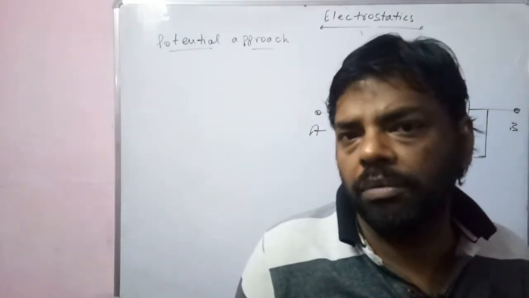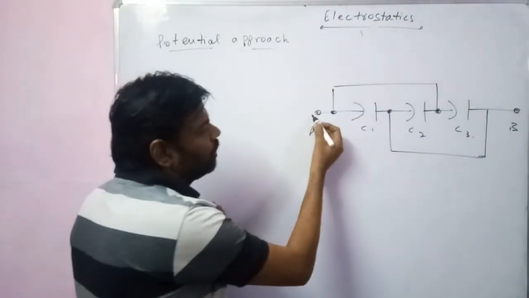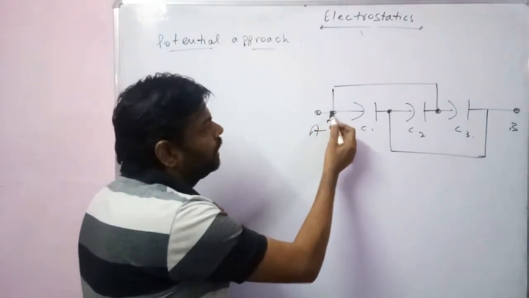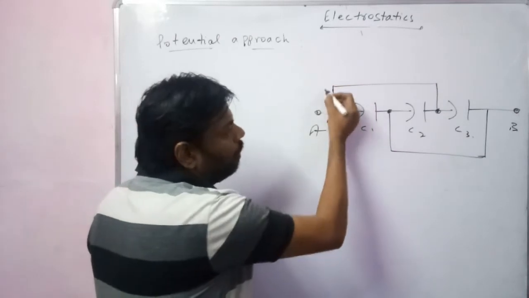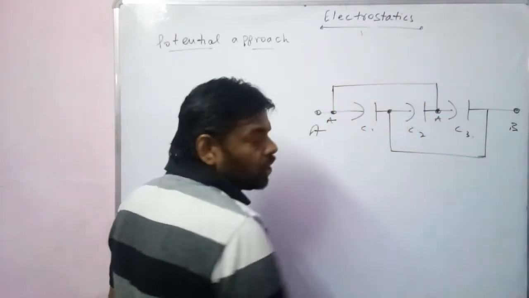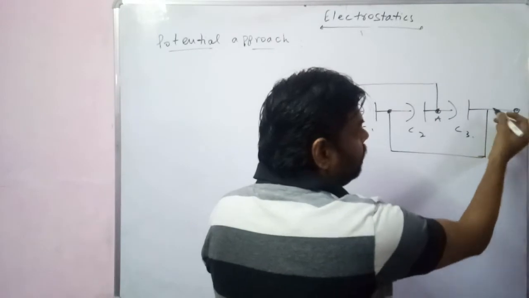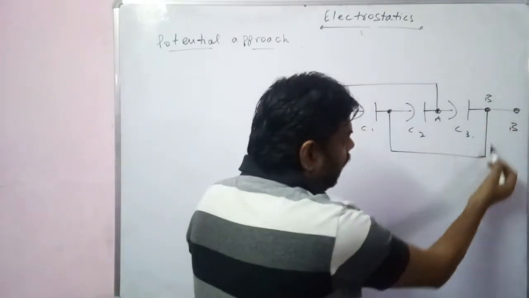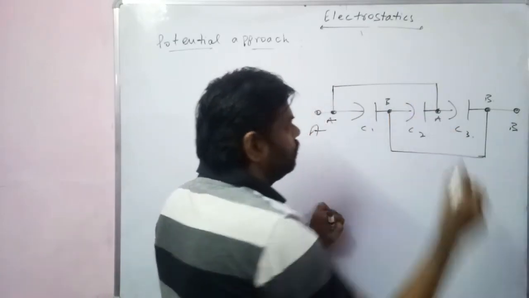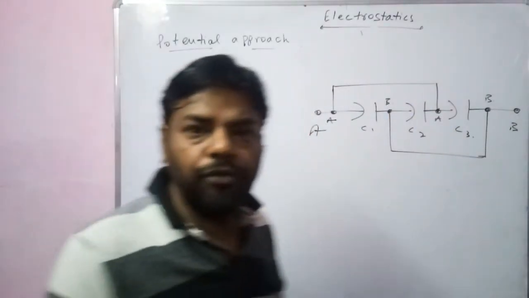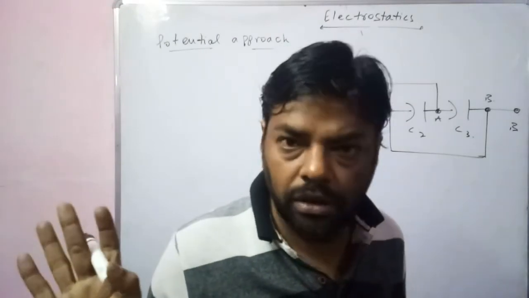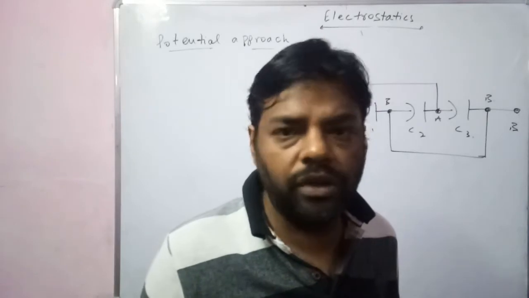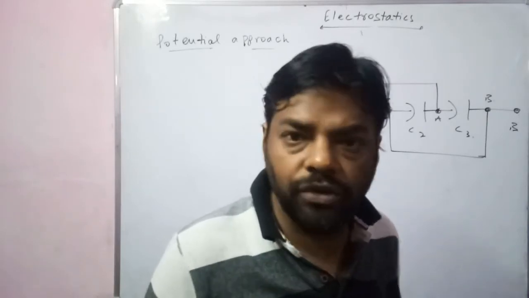So we are going to use the same approach. We are going to call this point A. Now, from this junction, there is a wire, so this is the junction. Now let us start from B. This junction is also B. Again there is a wire, so this junction is also B. Clear? First of all, the naming of the junctions is completed. Then what you have to do? We have to name the capacitors.